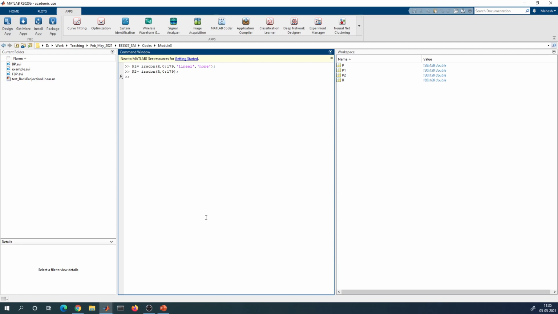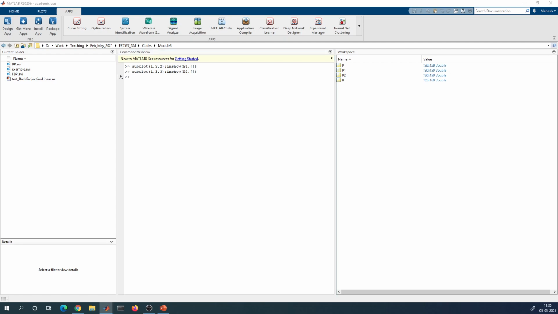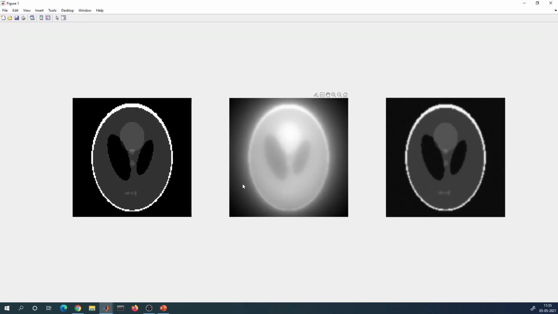So now let me actually use subplots to plot everything. So this is our original image. I think I need to scale it so that it looks better. Okay, so that's your original image. Now let's actually give this to the second one, and then this to be the third one. So I'll show you this. Okay, so this is the original image, this is simple back projection, and then this is the filtered back projection. So you can play with this tool. It's just a few lines of commands and you can see how things happen.